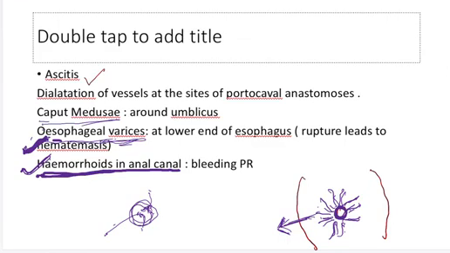Then the patient may complain of blood in the vomitus, and this is known as hematemesis. The patient may present with bleeding per rectum, that is, bleeding during defecation, and this is known as hemorrhoids. And a very important clinical sign that the doctor is going to see is caput medusae, that is, the radiating tortuous veins around the umbilicus. So this becomes the important clinical sign. So this was all about the portal vein and